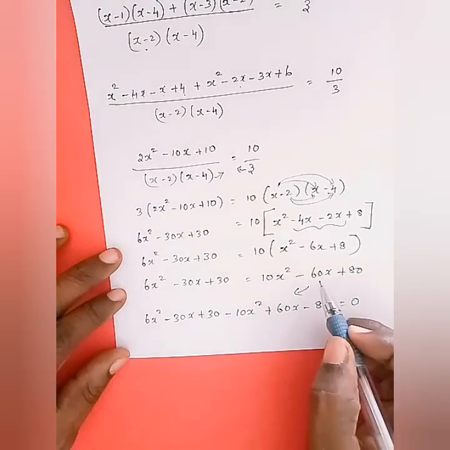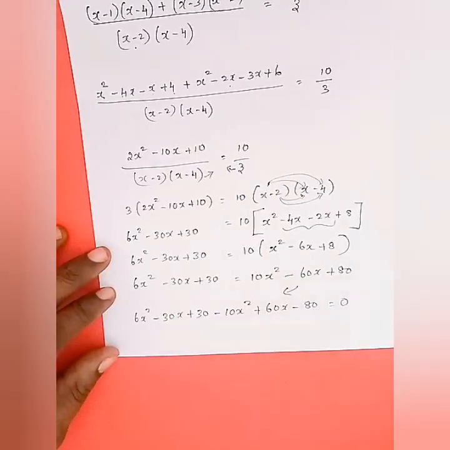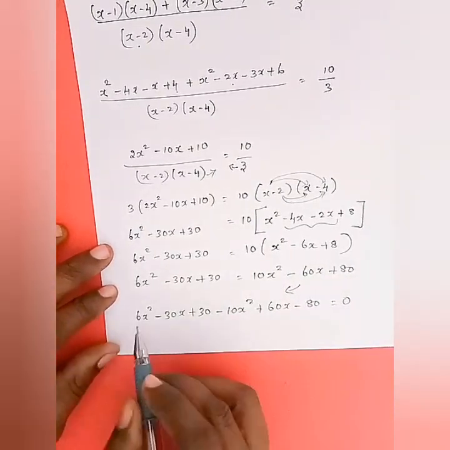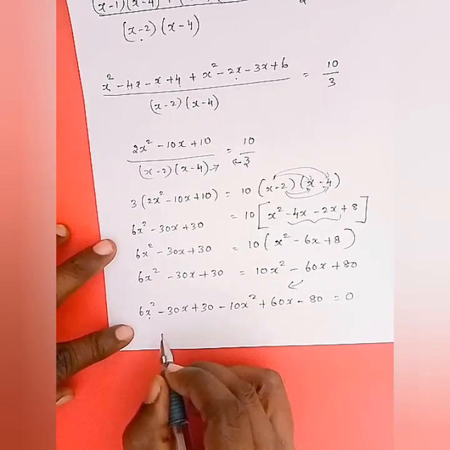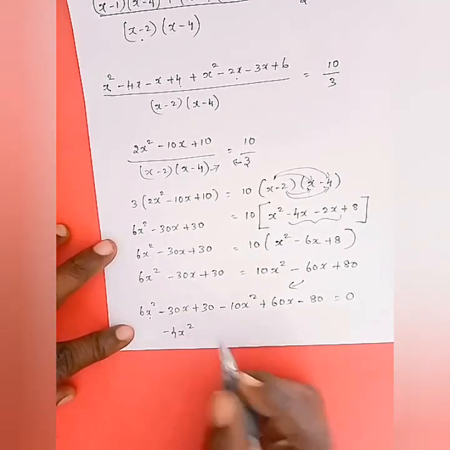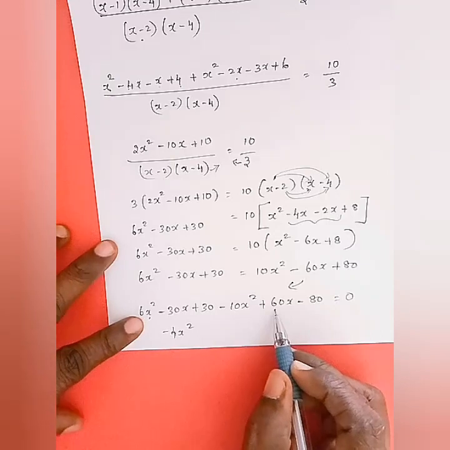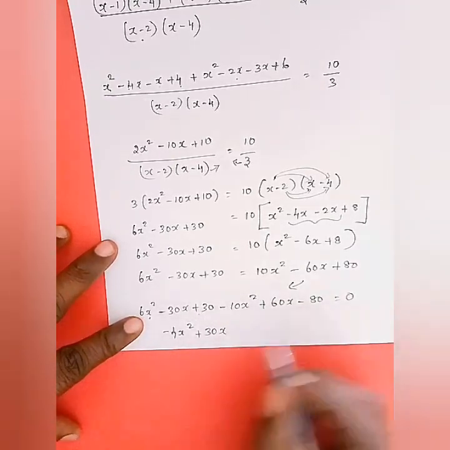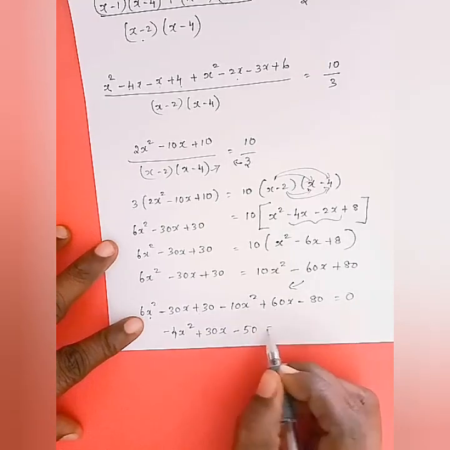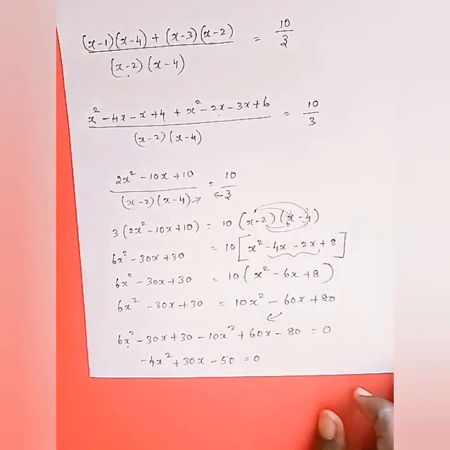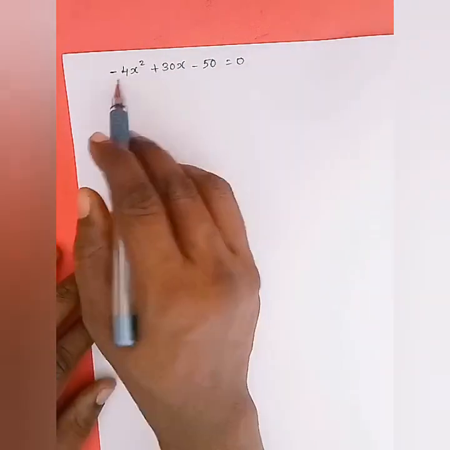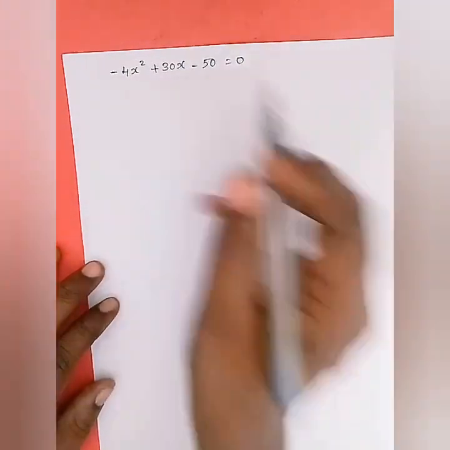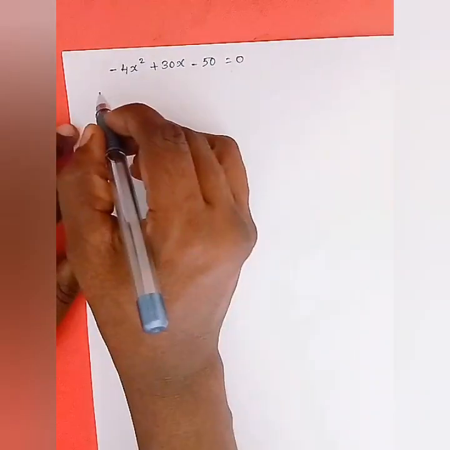Plus means minus, minus means plus, again plus means minus, because everything we are bringing to this side. Now 6x square minus 10x square is minus 4x square, minus 30x plus 60x is plus 30x, and here plus 30 minus 80 is minus 50 equal to 0. So we got minus 4x square plus 30x minus 50 equal to 0, and we can divide it